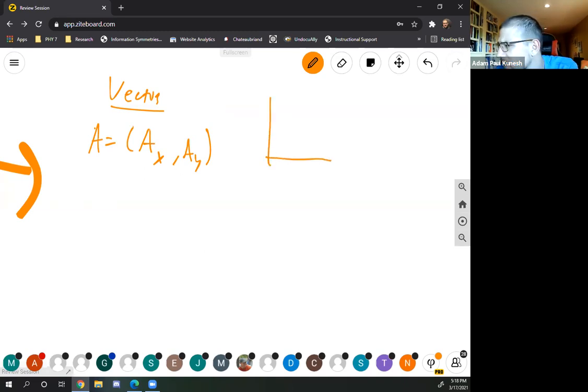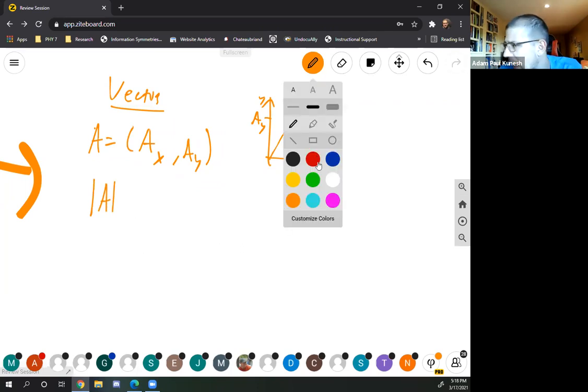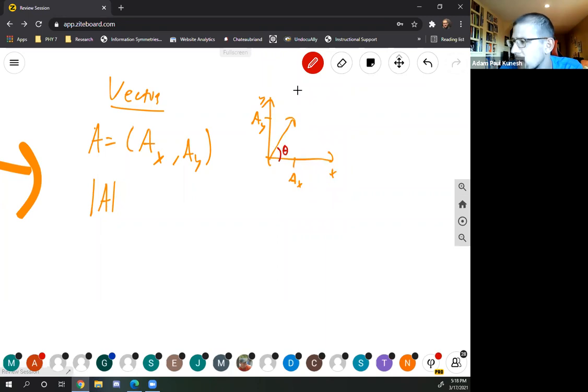On an xy axis, I can draw my vector in as ax, ay. Here it is. It's a vector that points like that. So there's my vector. It has magnitude and direction. If I'm given the magnitude of it, and an angle measured relative to the x-axis,